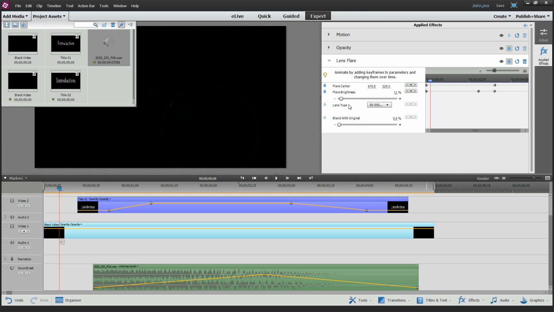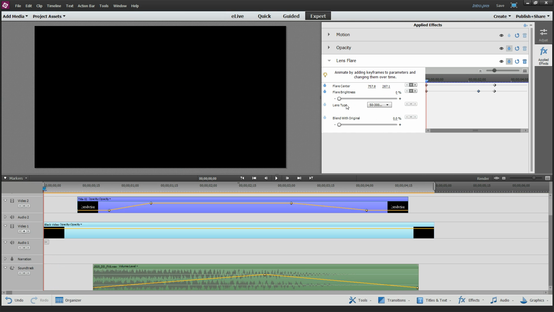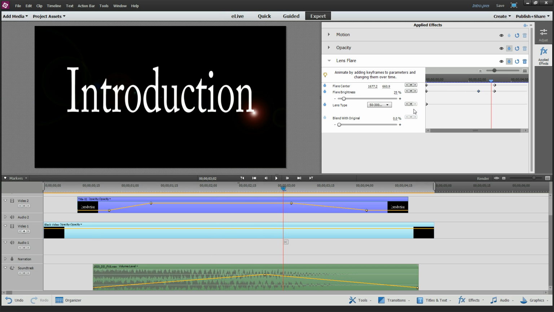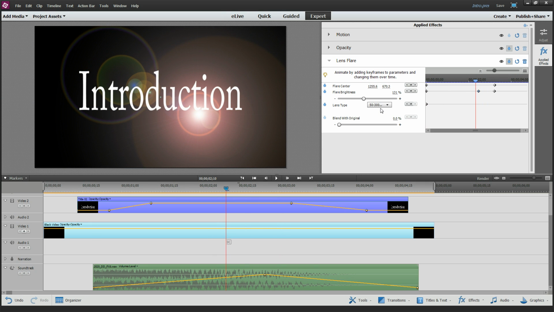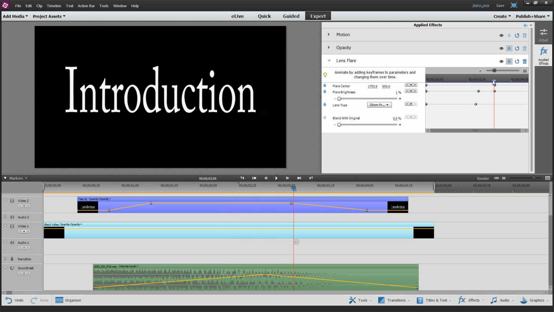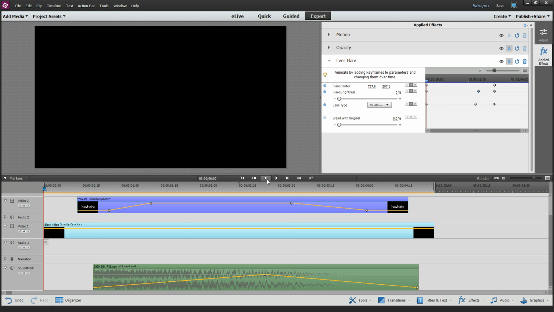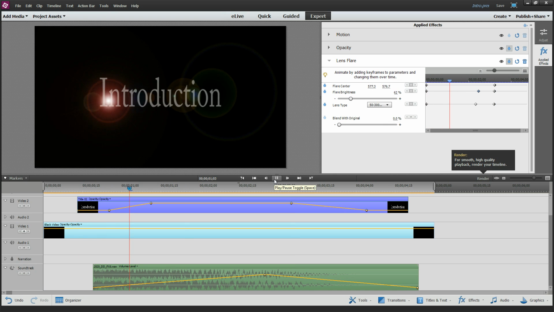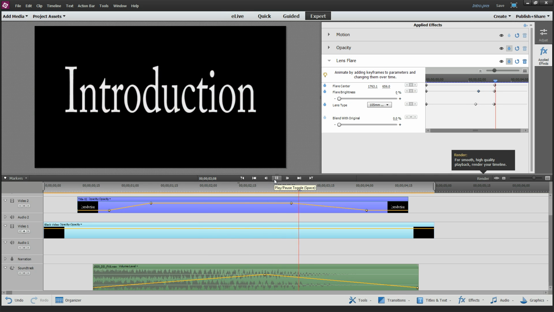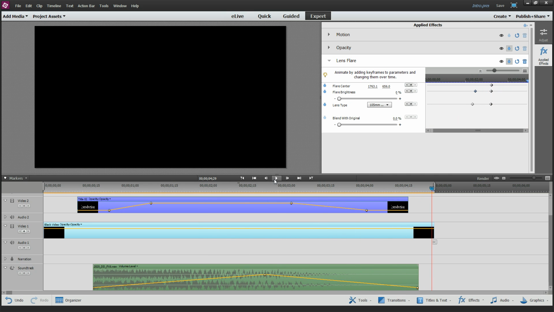Of course, you could even change things like the lens type, and I have no idea what this is going to look like. Probably pretty goofy, but that's okay. We're playing around here, right? So somewhere around here, the crescendo, let's change the lens type to, I don't know, 35mm prime. And then maybe near the end, go to 105mm prime, whatever. And let's just see what that looks like. Yeah, to each his own.